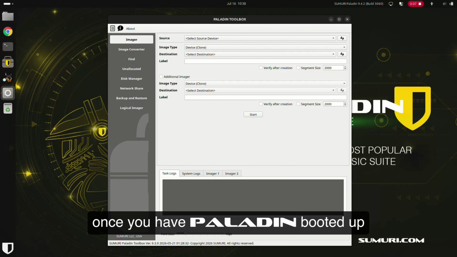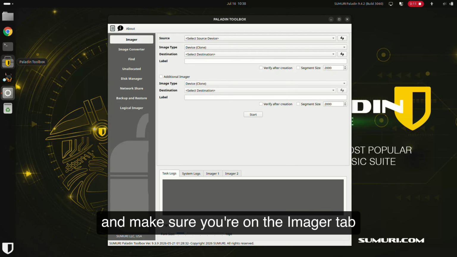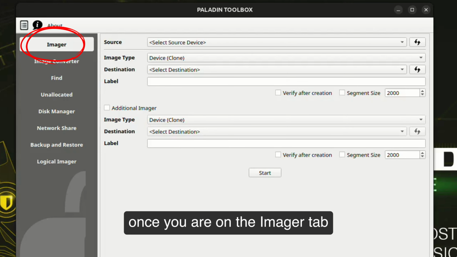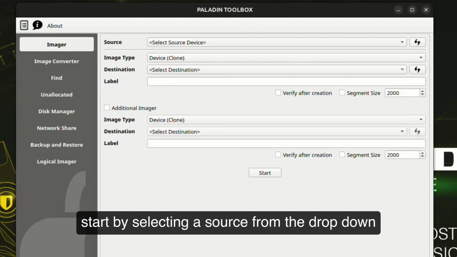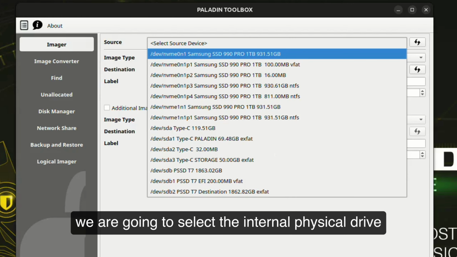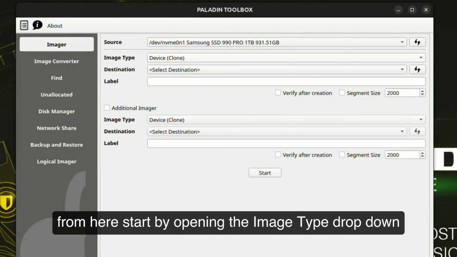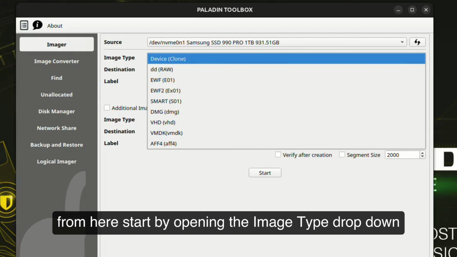Once you have PALADIN booted up, access the toolbox from the right-hand side menu and make sure you're on the Imager tab. Once you are on the Imager tab, start by selecting a source from the drop-down. This is the disk that PALADIN will image. In this case, we are going to select the internal physical drive. From here, start by opening the image type drop-down and selecting